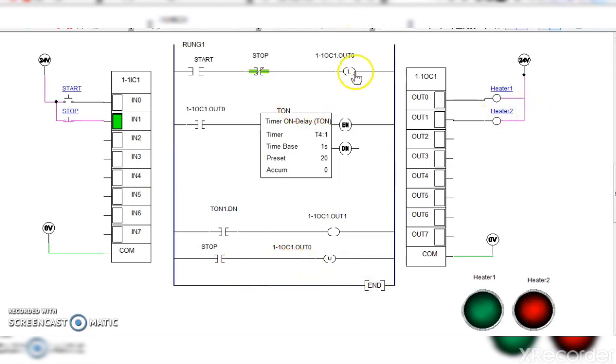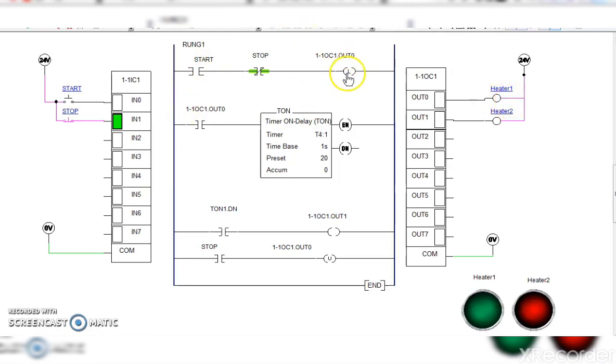Okay. This is a latch coil which is started from this start switch, and from the stop switch it is used here as an unlatch coil that is connected to out 0. Means out 0 will get unlatched. Out 0 is the latch coil here, it is the normally open switch here, and this is the unlatch coil. Okay. When the start switch is pressed, it will give connection and the latch coil will get energized. That means whatever the output 0 is, it will get energized and the heater will be started. Means in a fraction of a second after the start switch is pressed, heater 1 will be started.